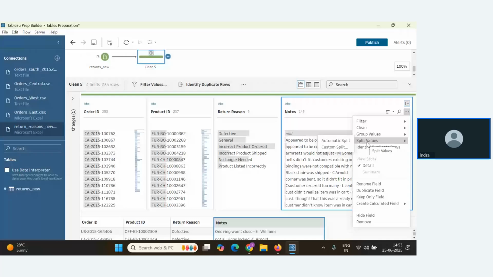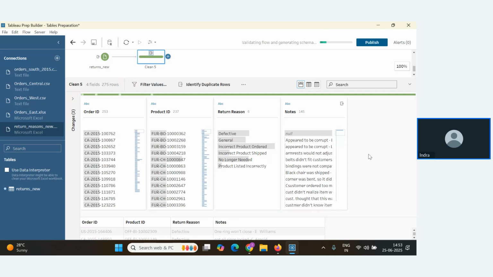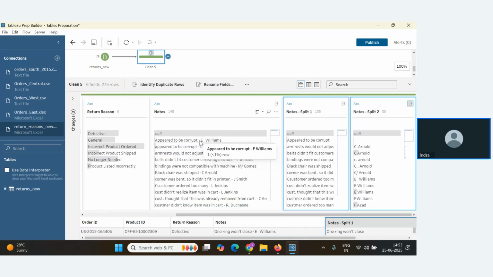In automatic split, the tool itself will identify the common alphabet or special character based on which it has to split the words. If you select custom split, you have to specify what to split on. It can be space, hyphen, comma, anything. For now I will go with automatic split because everything here was separated with hyphens.